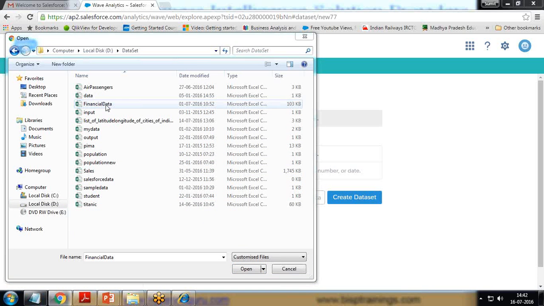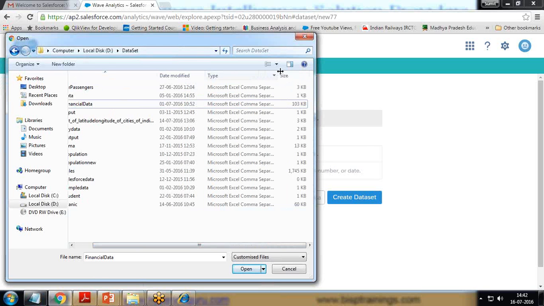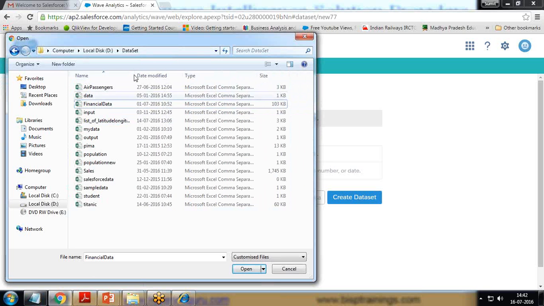and make sure that this will be only a CSV formatted file. So you can see only CSV formatted Excel files are coming. It will not load a simple Excel file, it will load only CSV formatted files. So I select financial data and click on open,